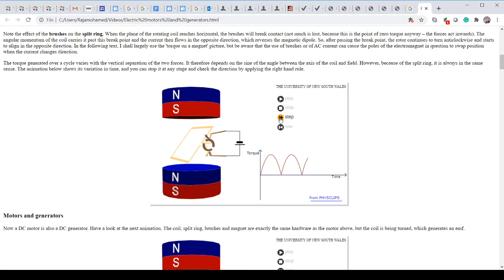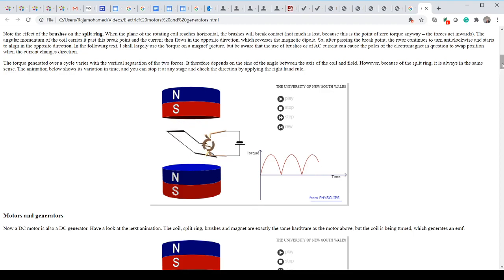On the y-axis you see that they wrote torque versus time. The previous one we saw was voltage versus time. So the input is mechanical and the output is electrical, that is a DC generator. But construction-wise, both machines have the same construction. Just change the input and we get the corresponding output, and that is the conclusion for today on the topic of the DC generator.